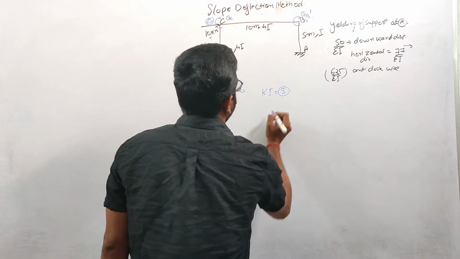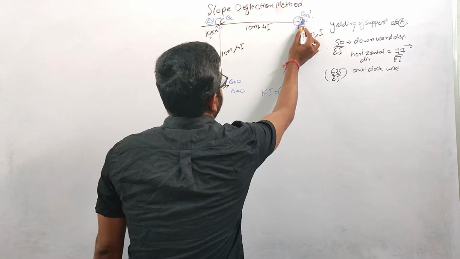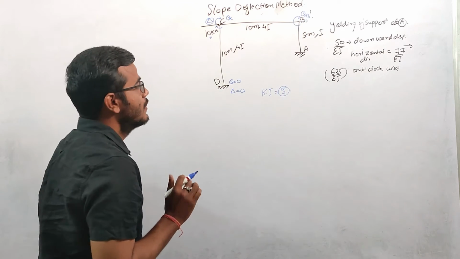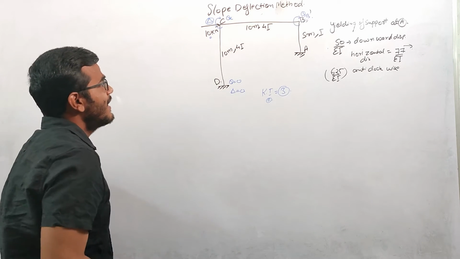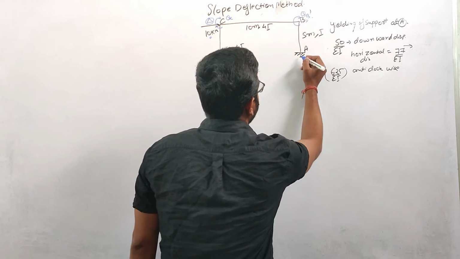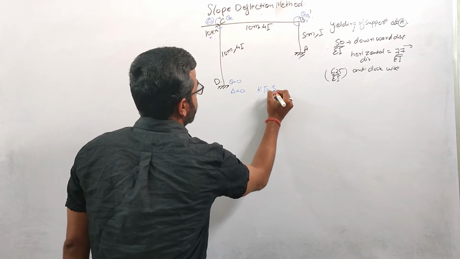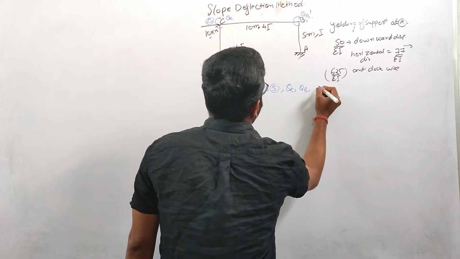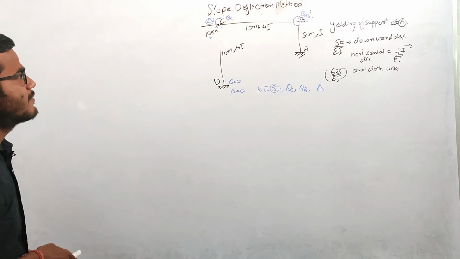So the kinematic indeterminacy of this frame is basically 3. Why? Because these are the 3 unknown displacements. Don't get confused. Here also we will get delta, but this delta will be equal to this delta, right? So unknowns are basically 3. At A, all the displacements due to yielding of supports are given, so no issue. So the kinematic indeterminacy of this frame is basically 3, which is theta C, theta B, and delta. Now we need to analyze this frame structure.